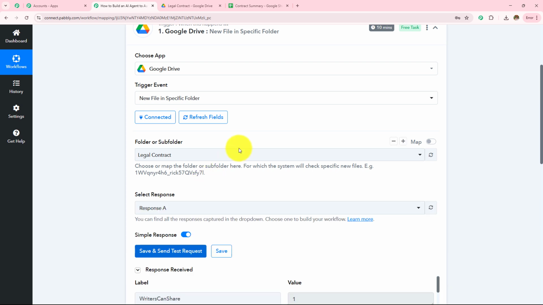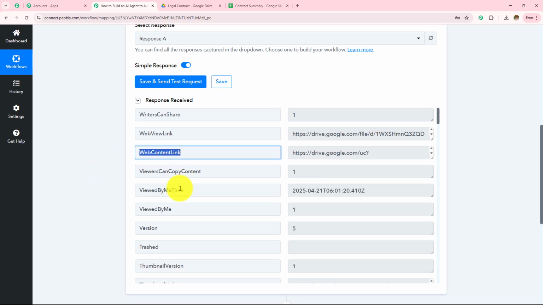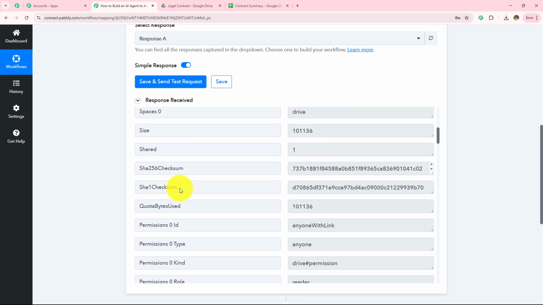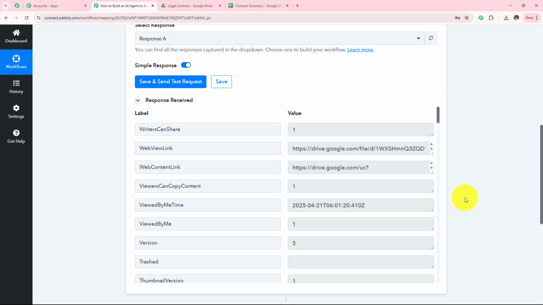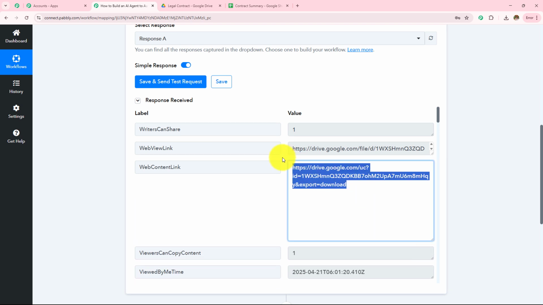Let's wait for the response. So here we have received the response. We have received the web view link, web content link. Here we have received the rest of the details. The permission ID and permission type is anyone with the link. Now this file has become shareable, and my AI agent will be able to access this file and generate a